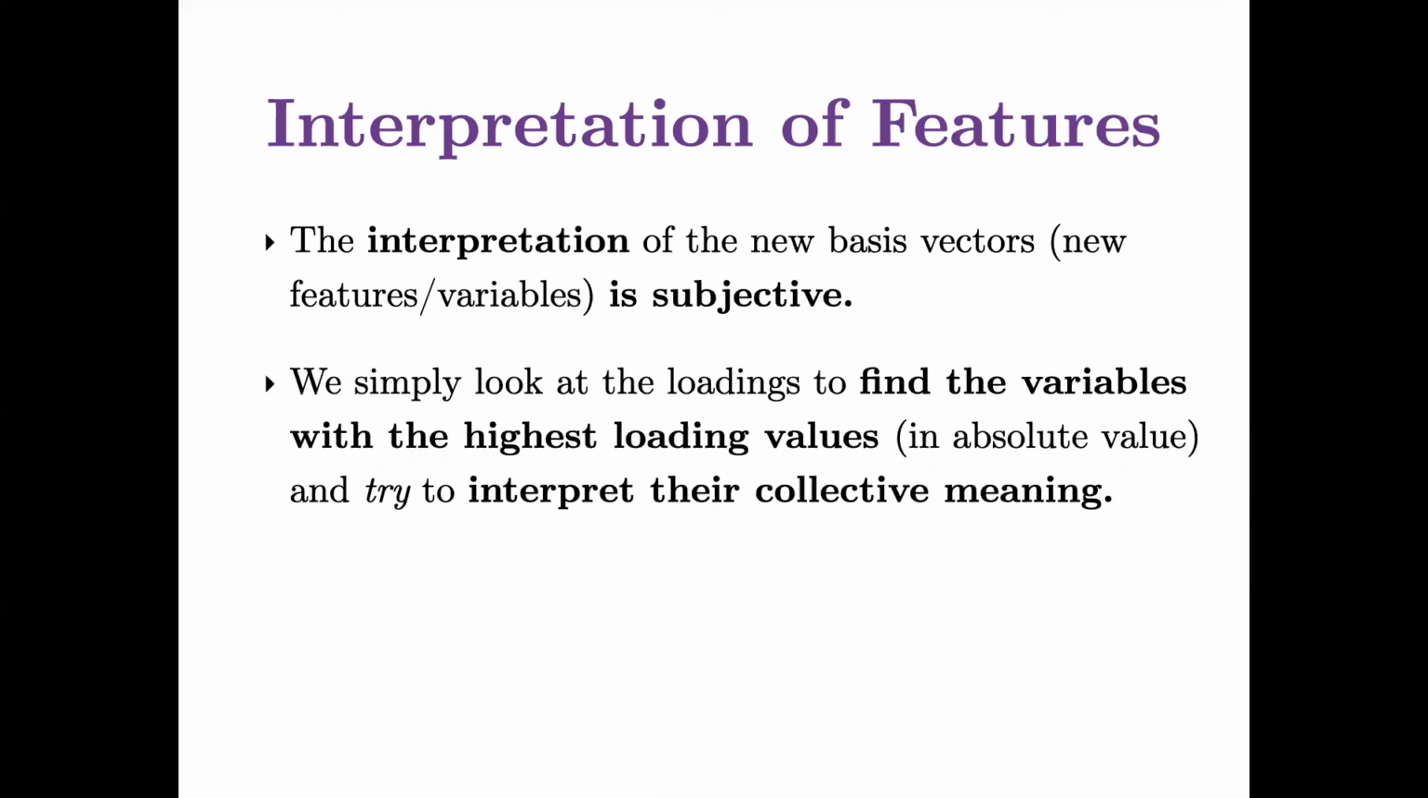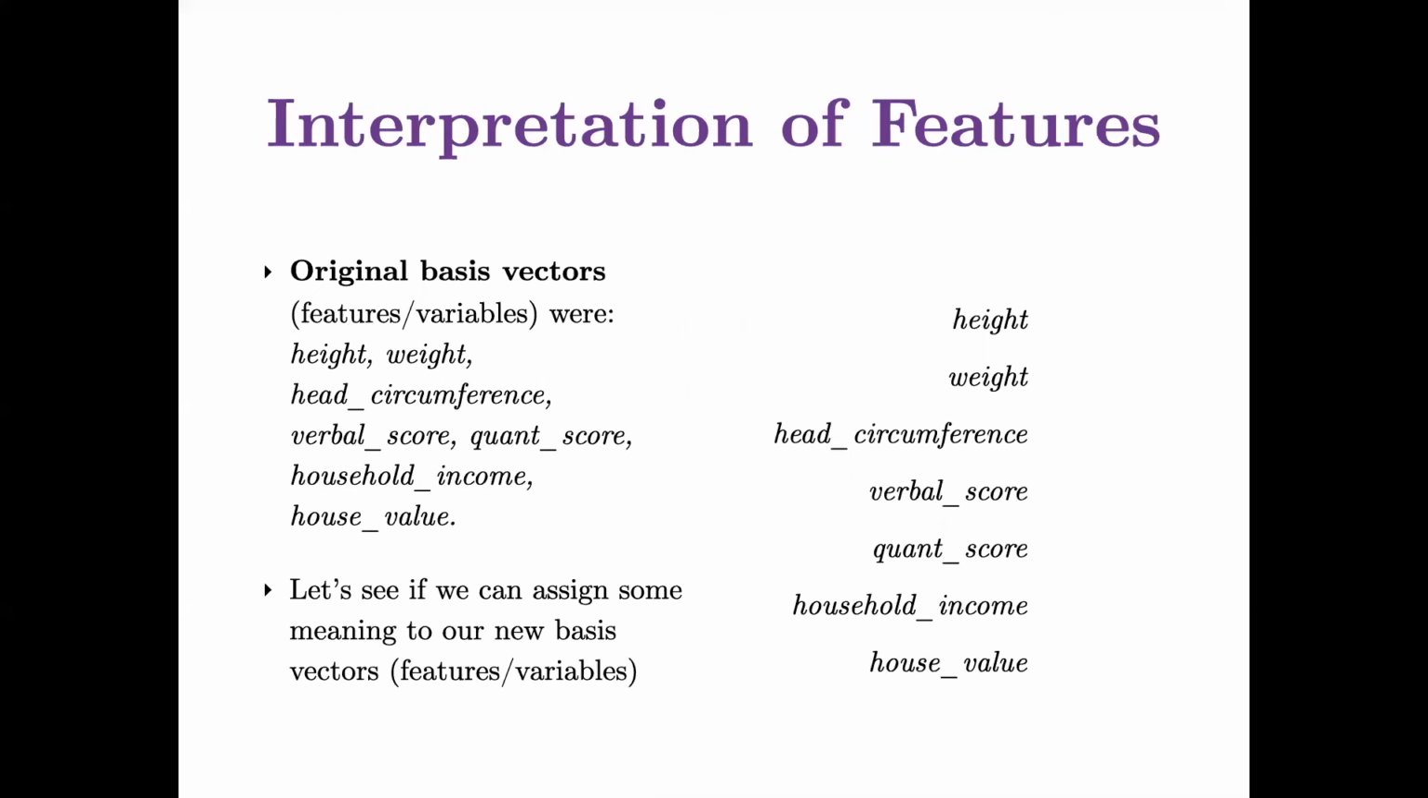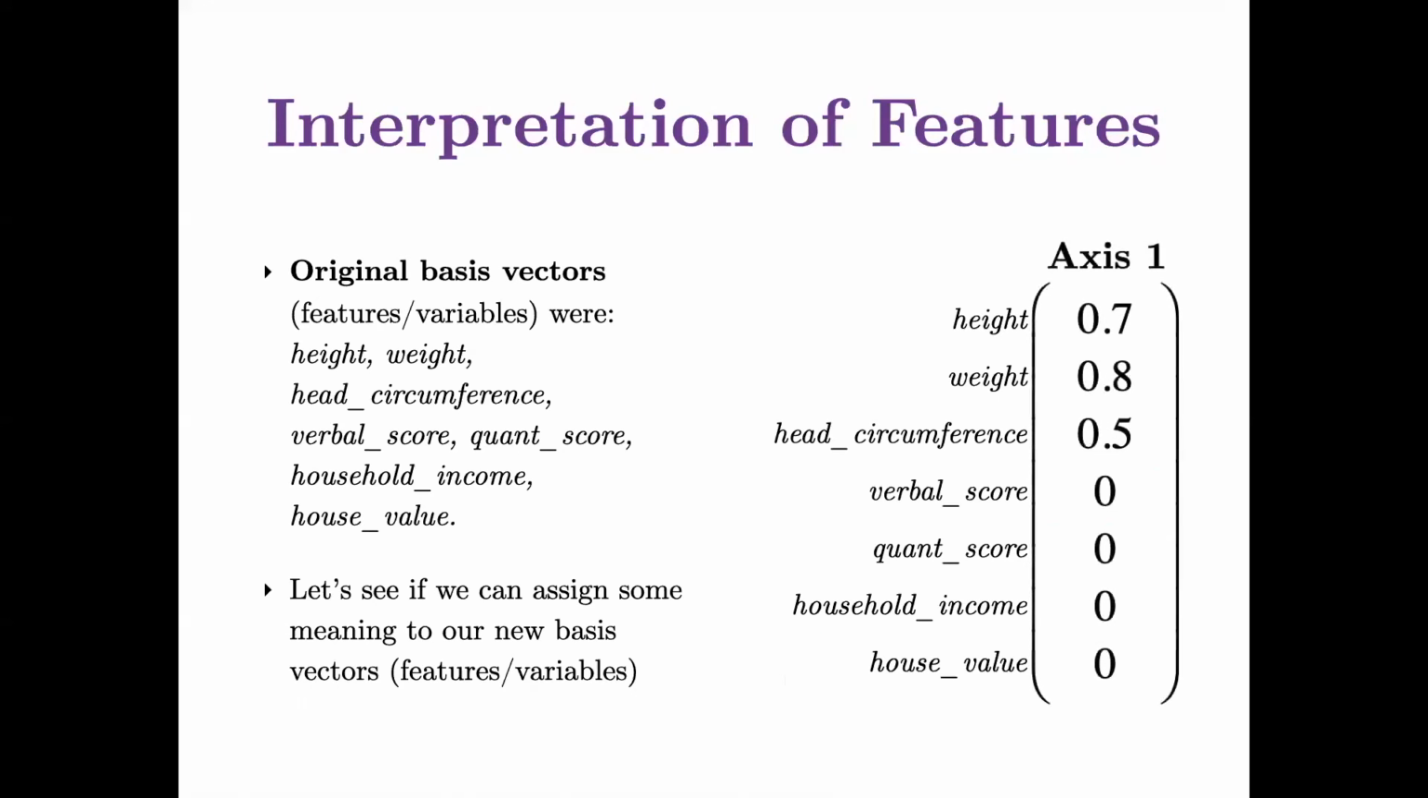Let's have a little bit more practice with this. Let's suppose our original variables were height, weight, head circumference, verbal score, and quantitative score, both of those scores coming from some aptitude test, then household income and house value. And let's see if we can assign some new meaning to these new basis vectors that I'm about to show you. The first, axis 1,